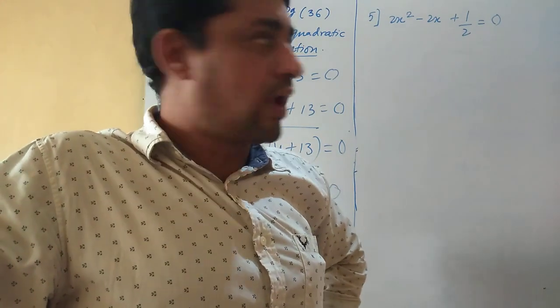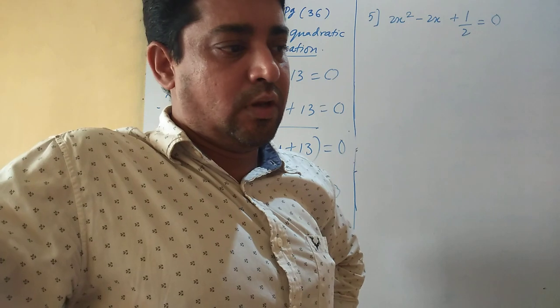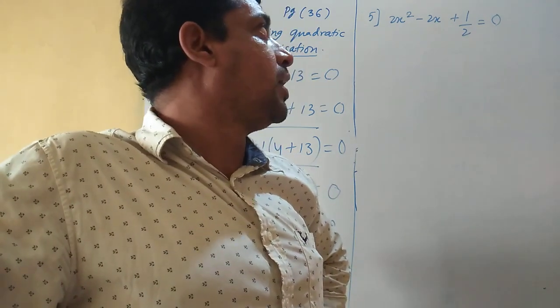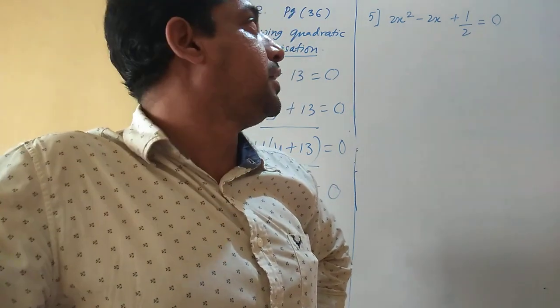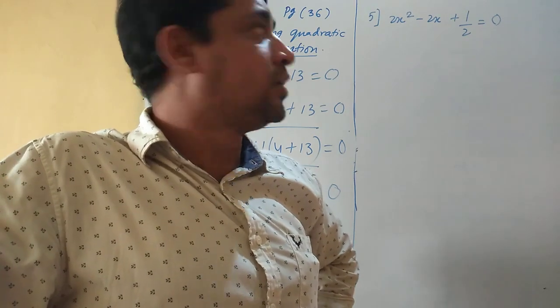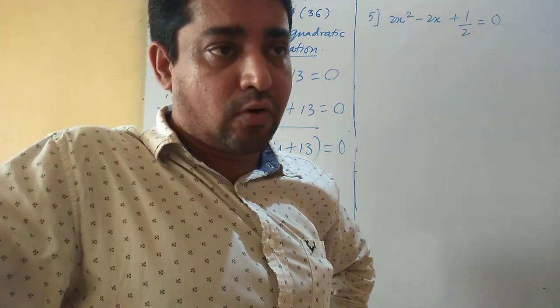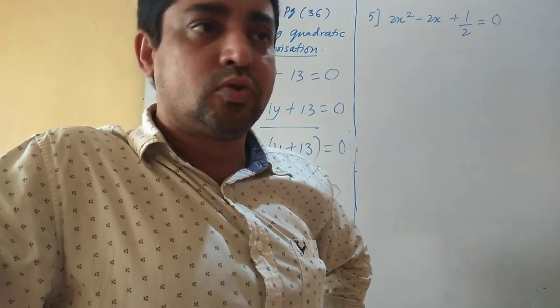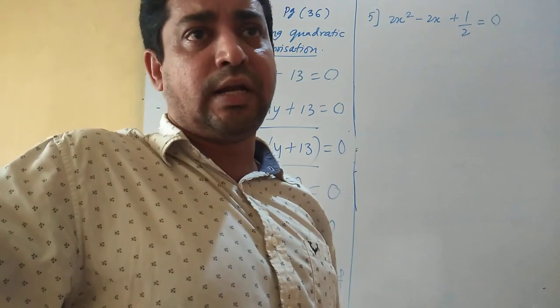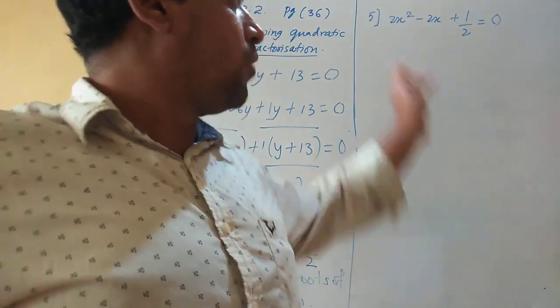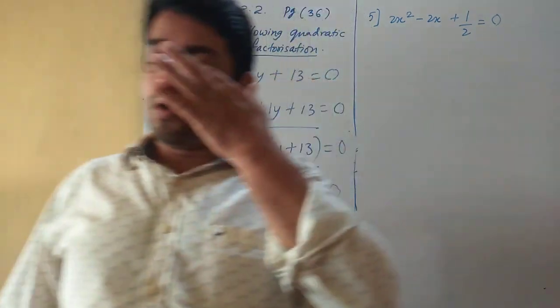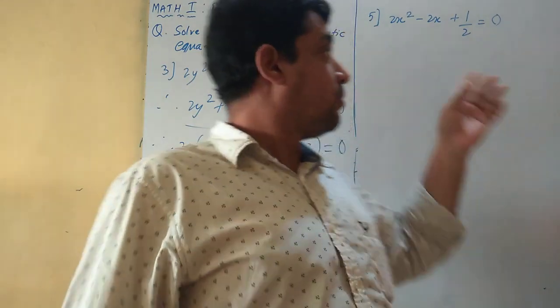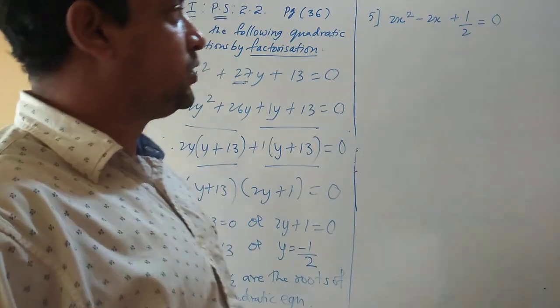We will remove that fraction by taking LCM. Now, if I want to take LCM, I'll have to multiply with a certain number. Check what is in the denominator. First, second terms are not fractions. Third term we have a fraction. That denominator is 2. So I'll multiply both the sides by 2. Okay. So I won't be writing it now because already you know how to do it. I'll multiply both the sides of the equation by 2.